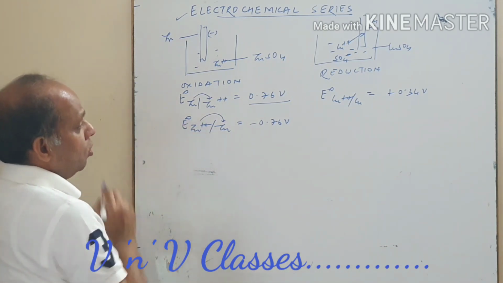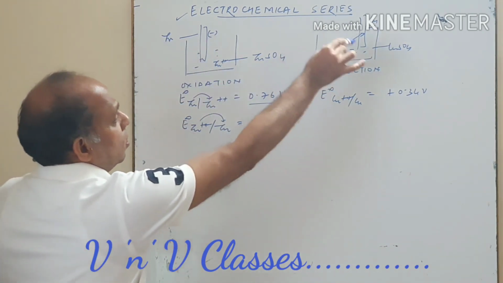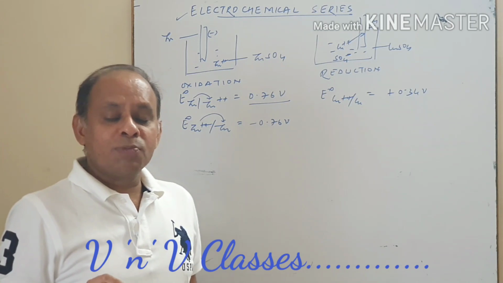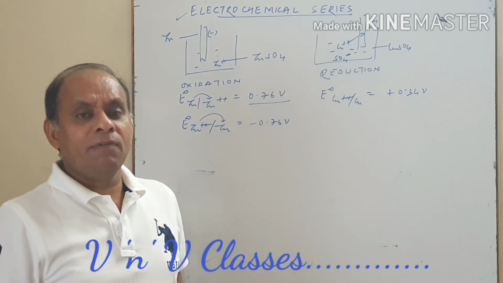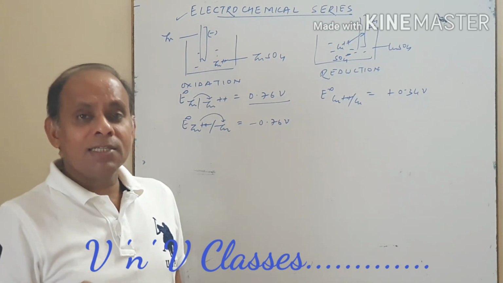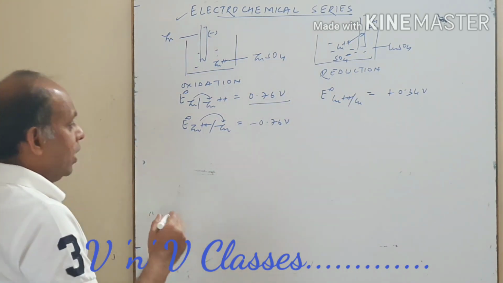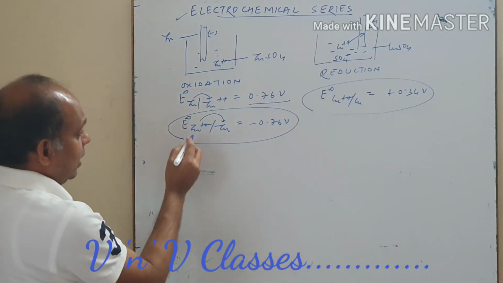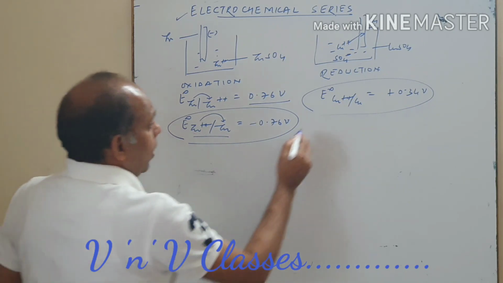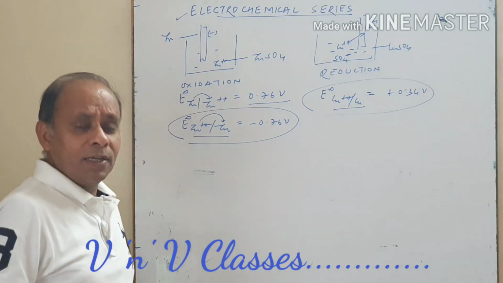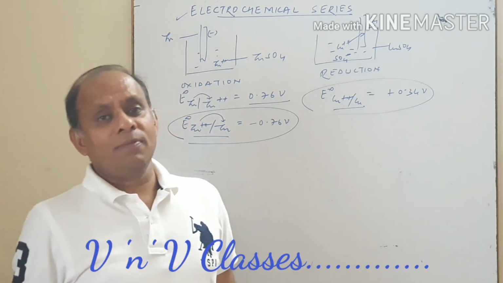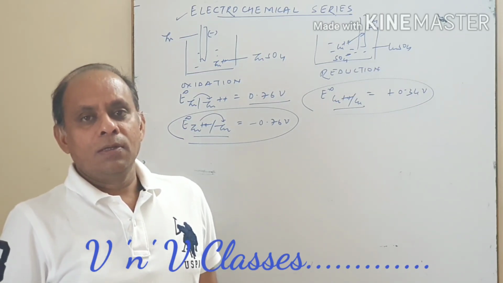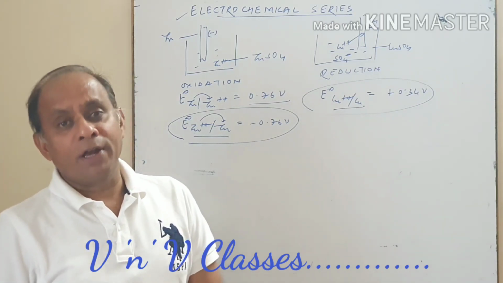Why are we calling it E naught? The reason is that these half cells are in their standard states. Standard states means pressure is 1 bar, temperature is 298 Kelvin and concentration of ions in the solution is 1 molar. At these values we got these E naught values, for metal ion to metal reduction. So we got the reduction potentials of all the metals and arranged all the metals in a series in increasing or decreasing order of reduction potential.